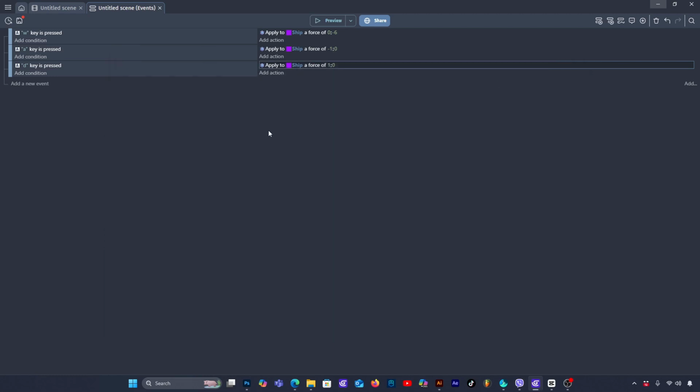Now, the next thing we'll need to do, just to make things easier, is to add camera events to follow our ship. The way we're gonna do it is by an extension, so it's just easier to do. I know I have a tutorial about how to make a smooth camera, but that one is very old, and I wish I had that extension back then. So we're gonna just go here,